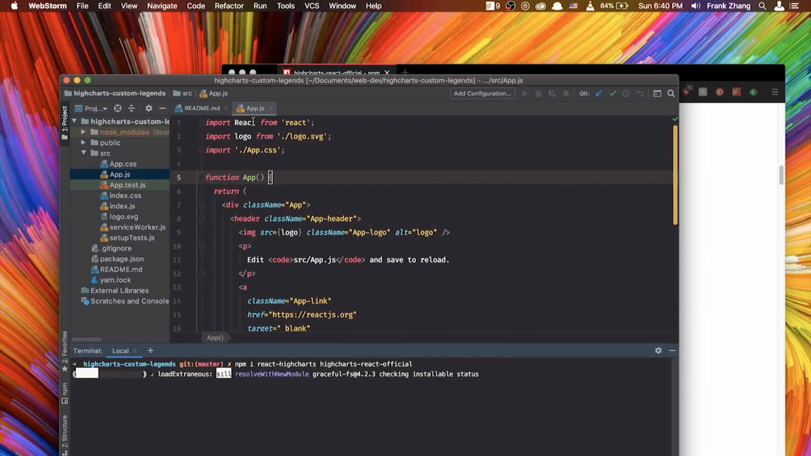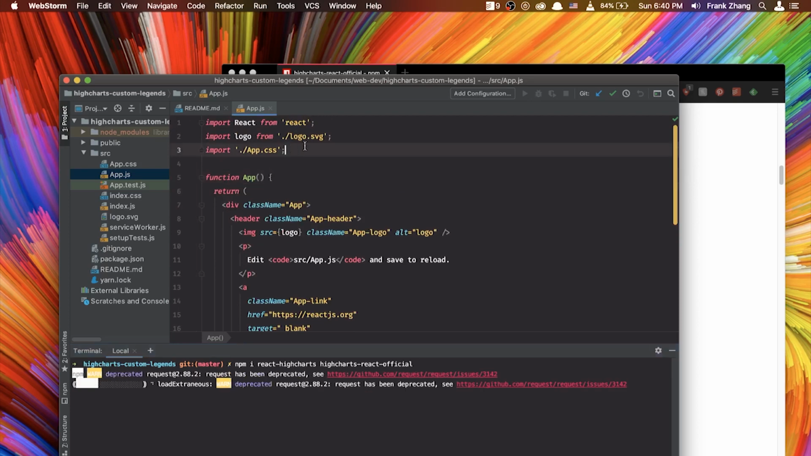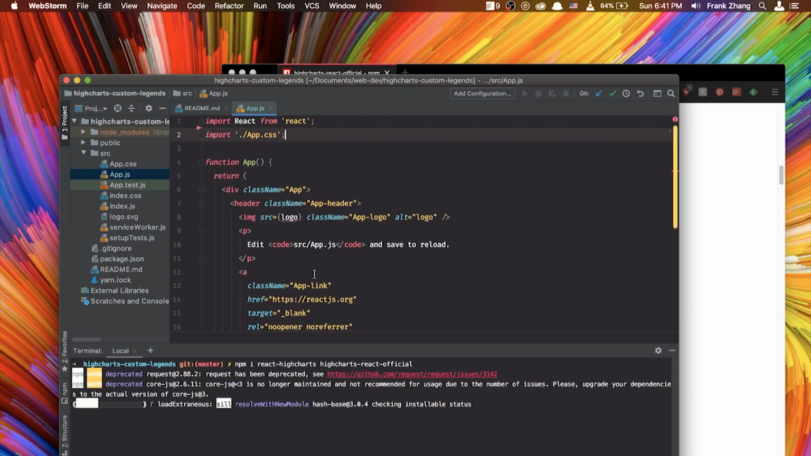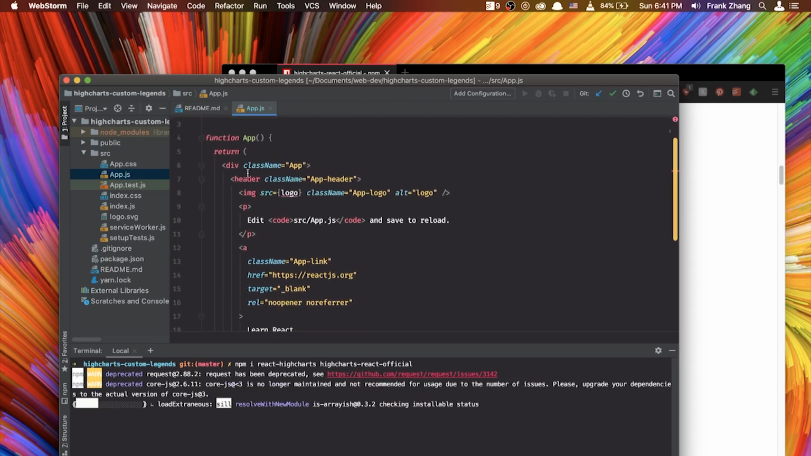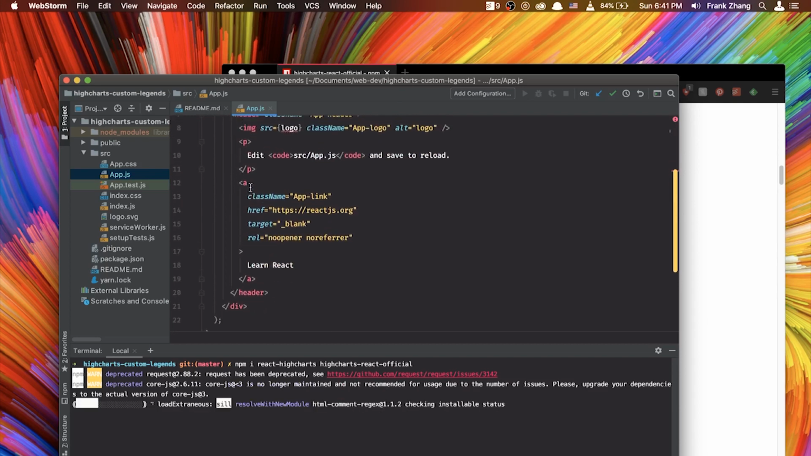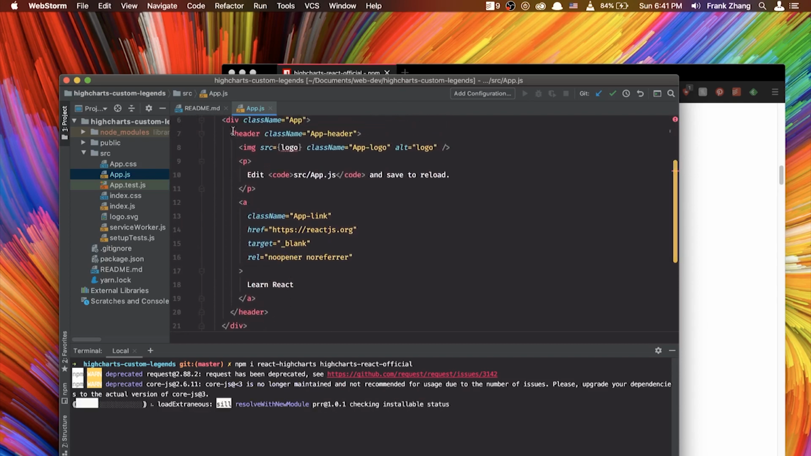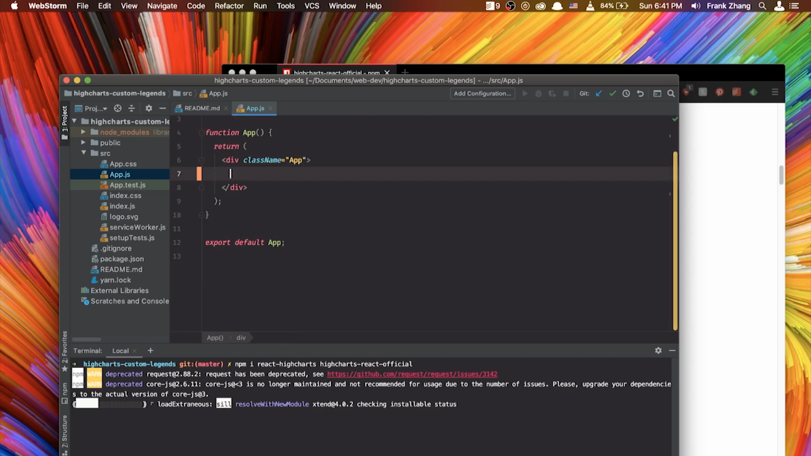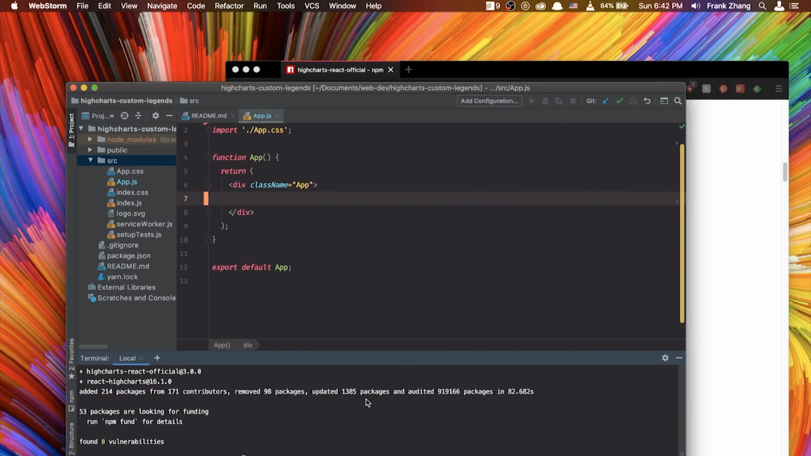Now while we're installing the npm dependencies, let's try to clean up the project a little bit. Let's get rid of the logo, and let's also clean up the render method, meaning that we don't need anything other than just the div that has a class name of app. Looks like the dependencies have all been installed, and now